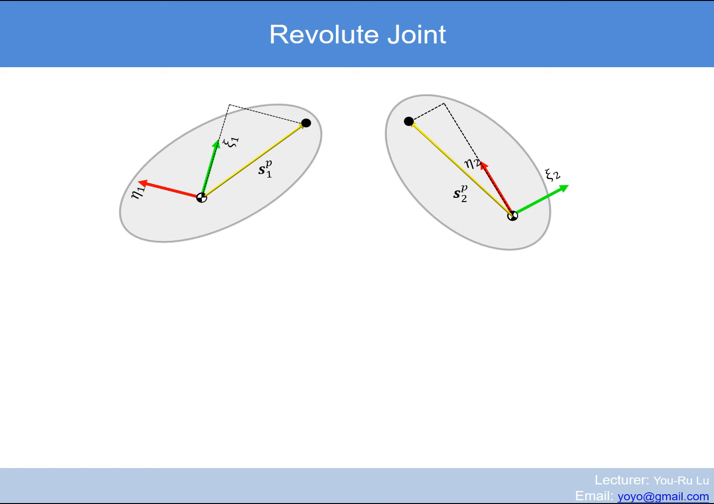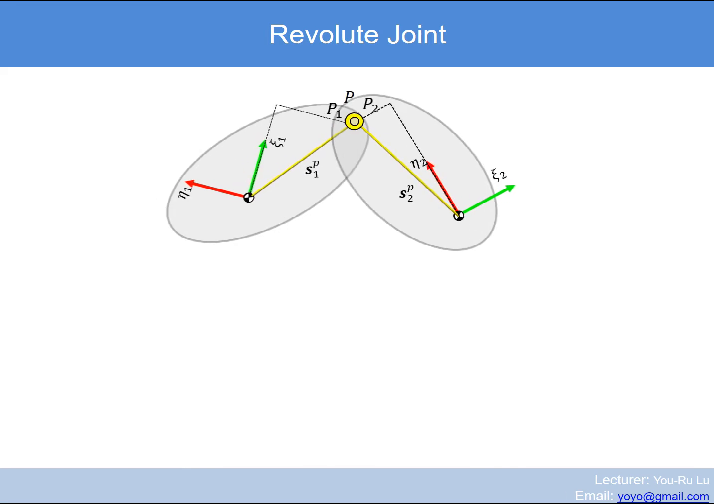To do so, we need to rely on the geometrical properties of revolute joint. That is, the revolute joint makes a point P1 on rigid body 1 and a point P2 on rigid body 2 share the same location. We say point P, which means P1 and P2 will have the same position no matter how the rigid bodies